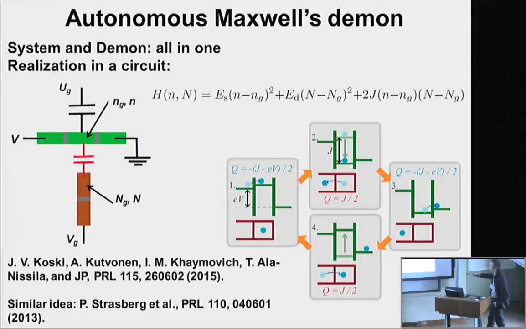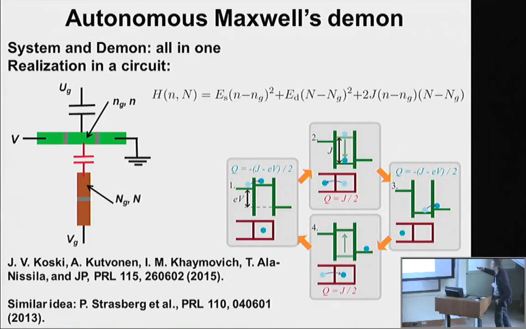So initially you have a chemical potential difference between left and right here in the top part, but the dot itself has a higher chemical potential, set by the gate, so that it takes some energy from the bath for a tunneling to occur onto the dot. And when this occurs, there's a Coulomb repulsion between the system and what we call a demon on the bottom here, and immediately the charge escapes from the demon to the lead, from here to there. And at this moment, the potential on the island drops, and again the electron sees an uphill to tunnel out from the dot. And this goes cyclically here,